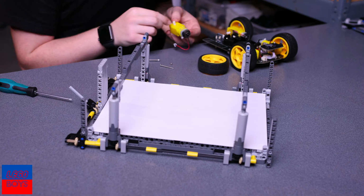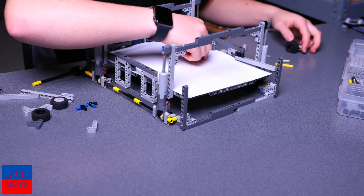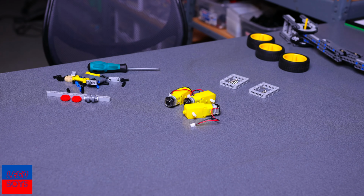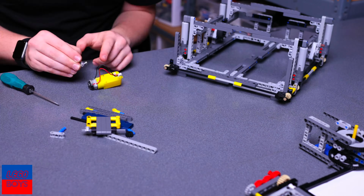For the movement, I decided to use pistons pointed straight up and power them by motors. Then I connected all the pistons to each other using axles to use one motor to move all of them. After strengthening the main frame, I went through a couple of designs for wheels to grab a single piece of